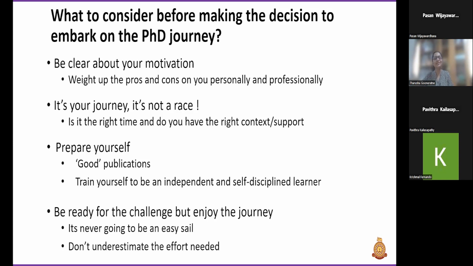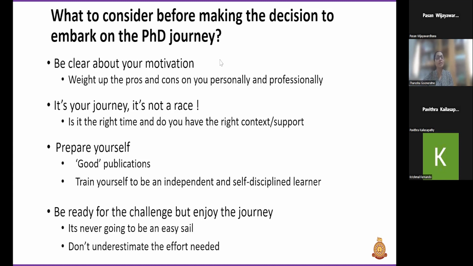Linked to that point is what I usually believe in. It's your journey. So don't think it's a race just because someone else has enrolled for it or someone else is doing that. That doesn't mean to say, yes, I also have to quickly do it, because something I believe has given me a lot of peace of mind. You have to look at what your priority is, what you need to do, and then decide the time, where, what you do. And that would really help you in your journey, and maybe